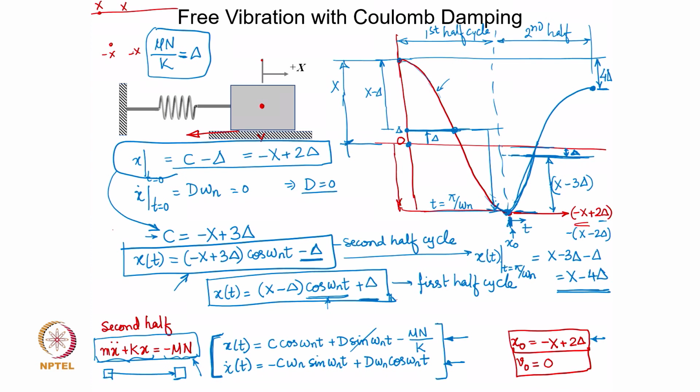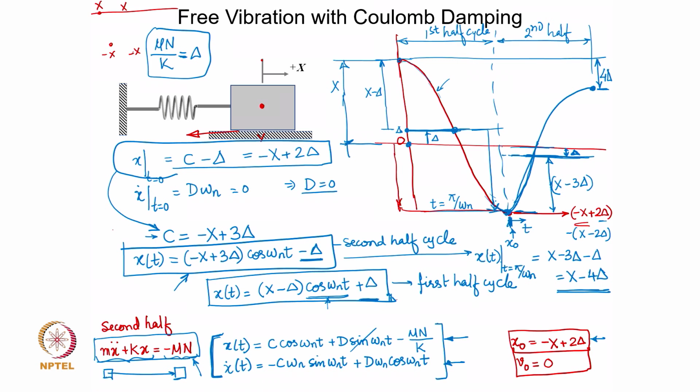So, do you see some important difference between the viscous damping and the Coulomb damping case? Amplitude decreases linearly, right. So, here in the first half cycle the amplitude drops by 2 delta, in the subsequent half cycle it drops by another 2 delta. Overall, if you consider a unit amplitude at the beginning of a cycle, at the end of that cycle it will get reduced by 4 delta, and this continues, and therefore